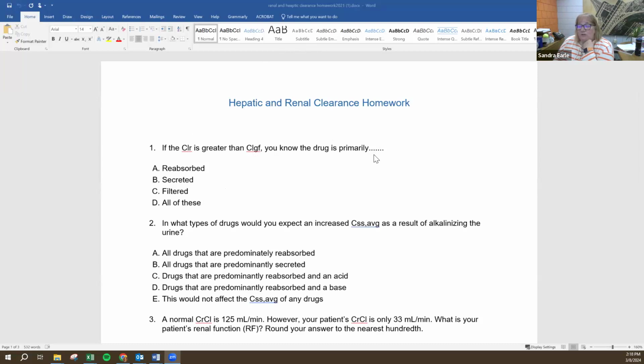Primarily what? Reabsorbed? Unfiltered? Secreted? I'm looking at the question. Secreted. Whoever said that is correct. Why do you think that's true? Because you just said that